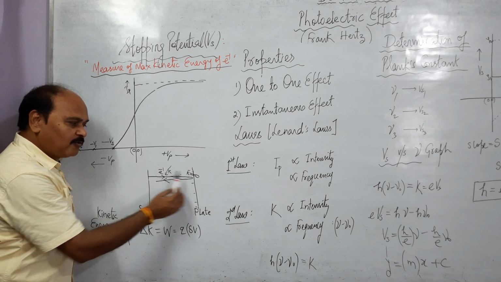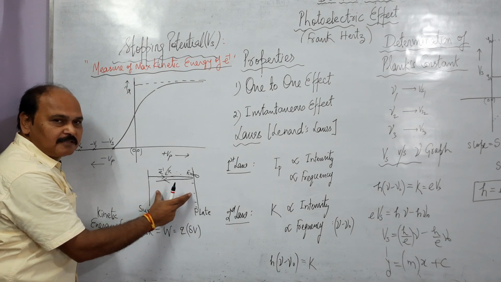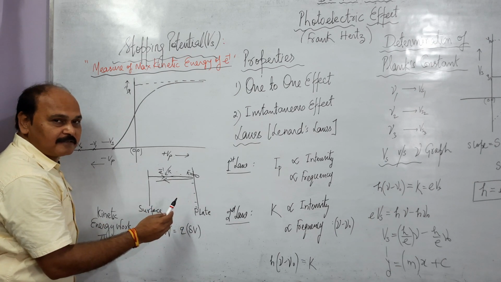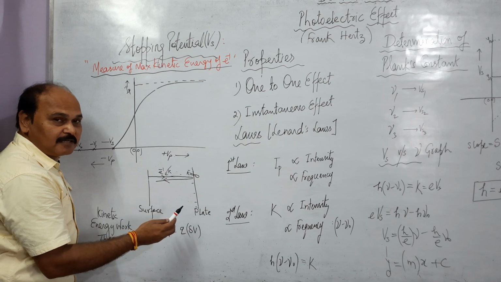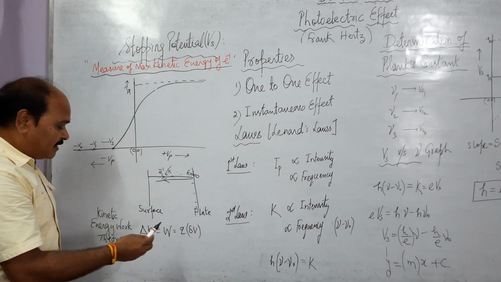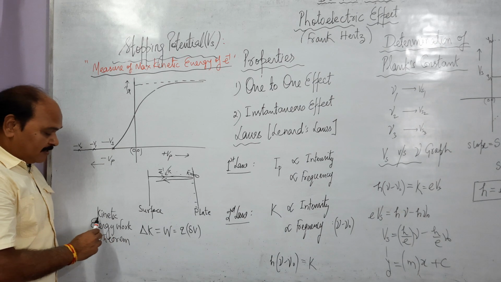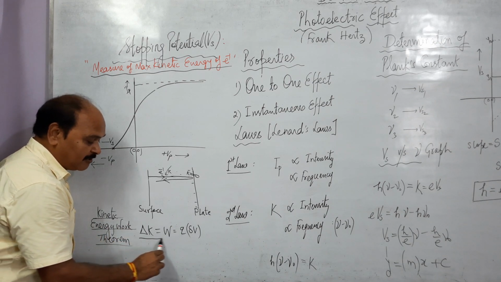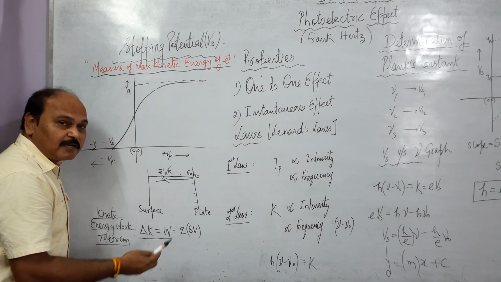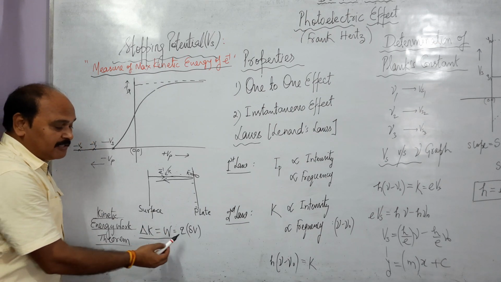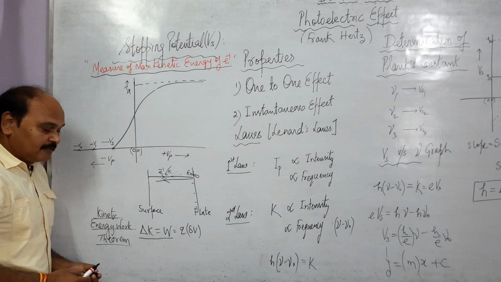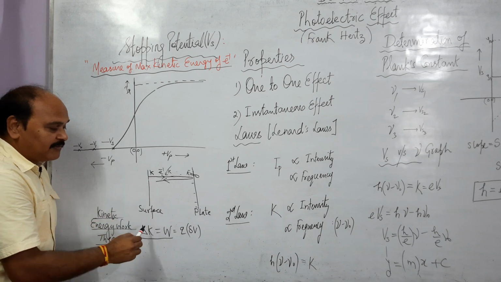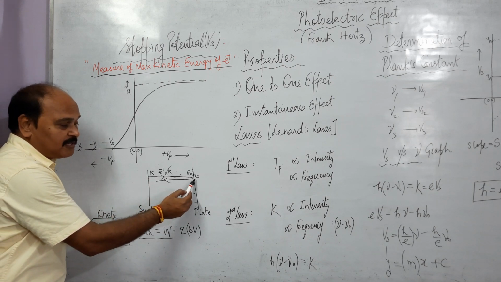The electron is able to cover the whole of this distance. So the potential difference between the plate is Vs, that is stopping potential. According to the work-energy theorem, the net change in kinetic energy is equal to work done against the field. And work done against an electric field is charge into potential difference. So what is the change of kinetic energy? The kinetic energy of the electron when it comes out of this surface is maximum K. When it is just about reaching the plate, it becomes zero.